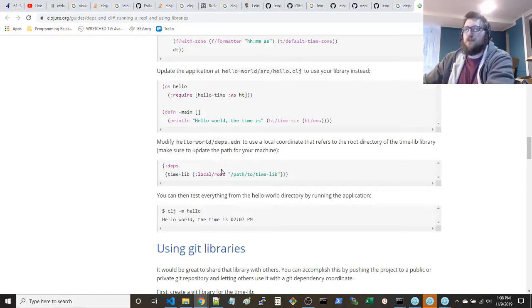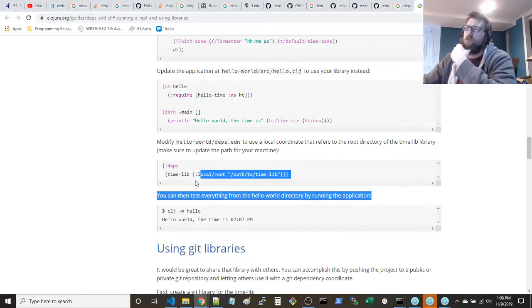Oh, interesting. Okay, local root path timelib. Cool.